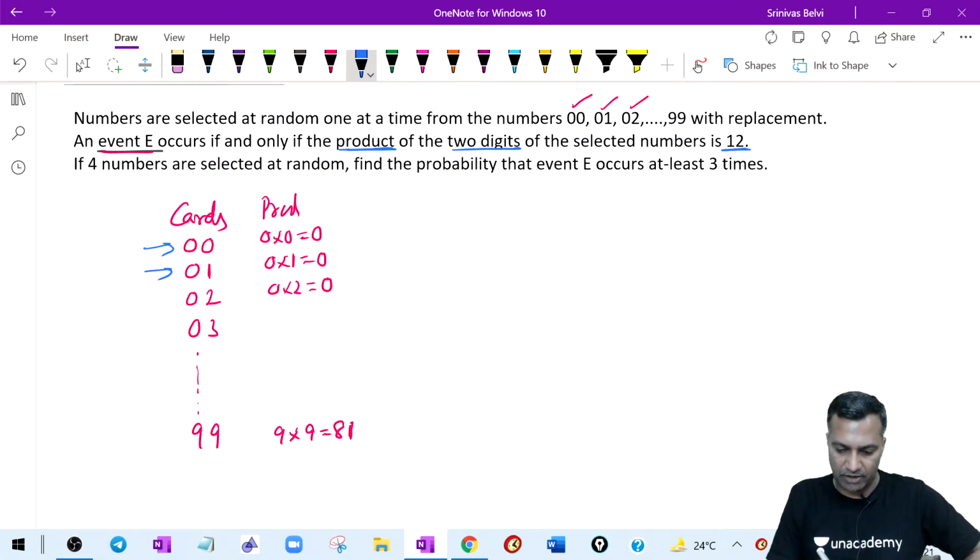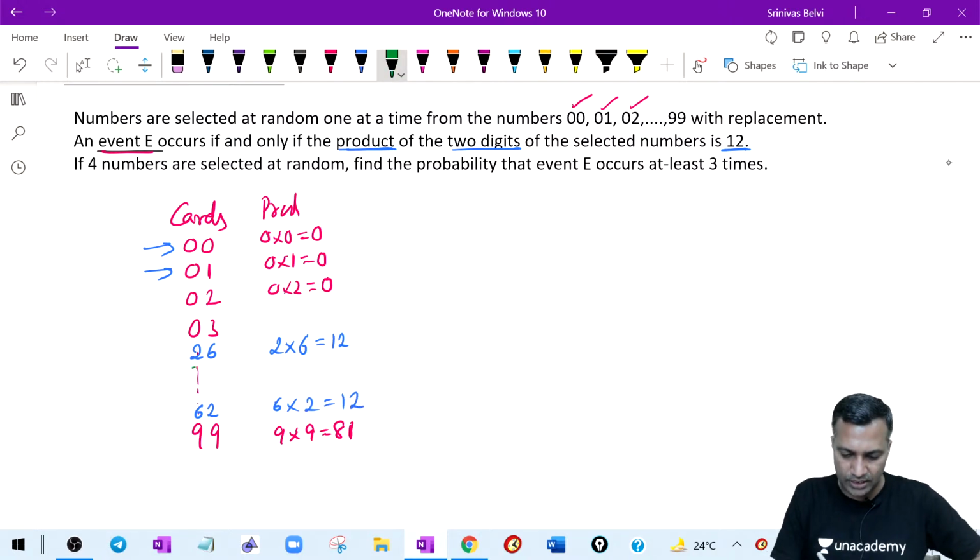All right, the cards in my favor are 26. Alright, 26, then you write 2 into 6, which becomes 12. Of course, naturally, if 26 qualifies, 62 also qualifies. Somewhere here would be 62. So you write 2 into 6, 6 into 2, which also becomes 12. That is one pair.